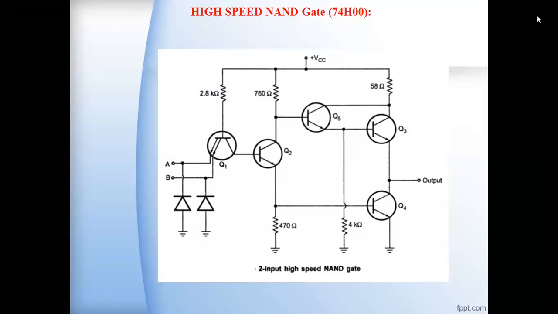the standard 74 series, which means the original TTL 74 series high-speed NAND gate. The first logic family in the TTL is the 74 TTL. By changing the resistor values in the TTL logic circuit, two more logic families were realized. So one is the 74